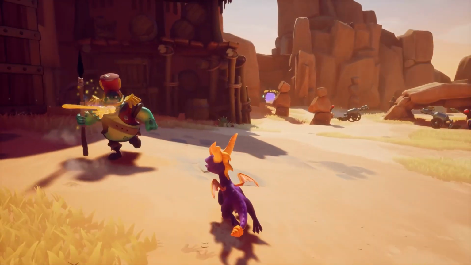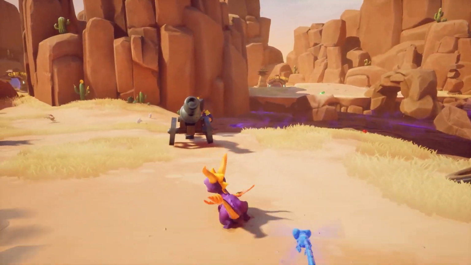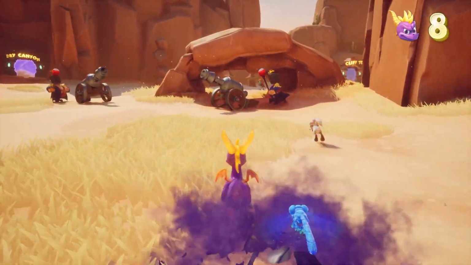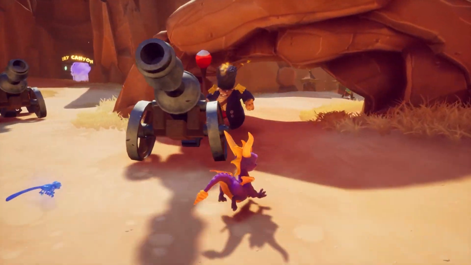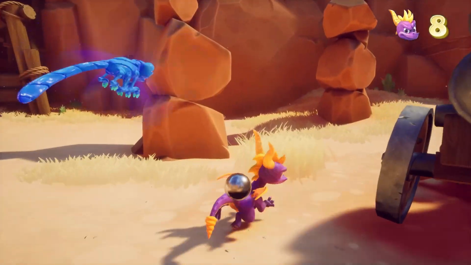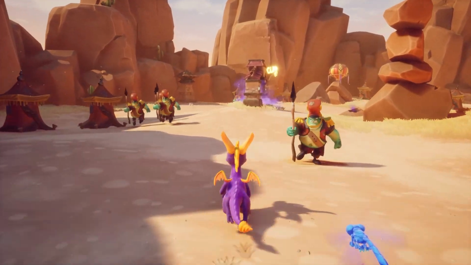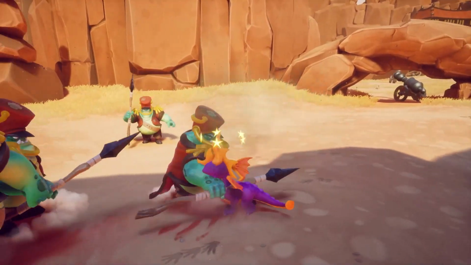Now, the outlier to all of this is the Legend of Spyro version of, well, Dark Spyro. Now, I have a couple theories about this. Perhaps the reason why he looks different and perhaps acts different than the rest of the Dark Spyros is because how he was corrupted was unique. And perhaps it also has to do with the type of purple dragon he is, or rather, what type of Spyro he is.